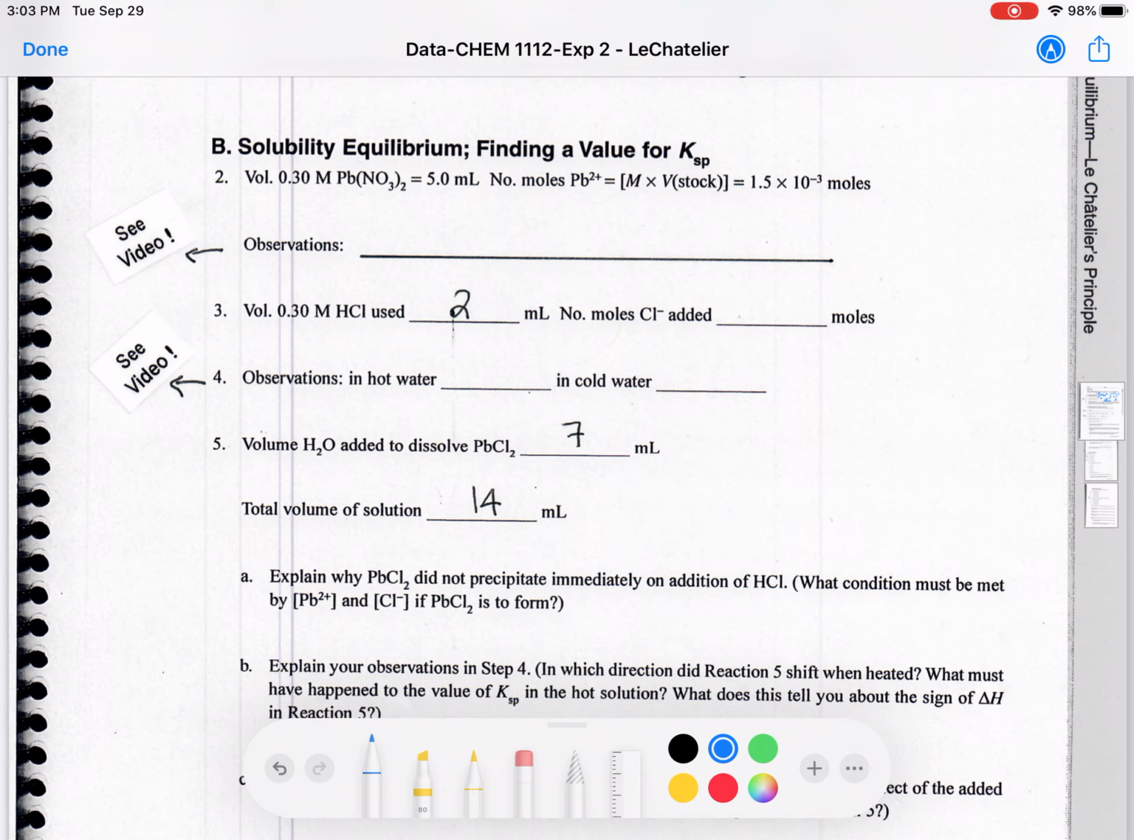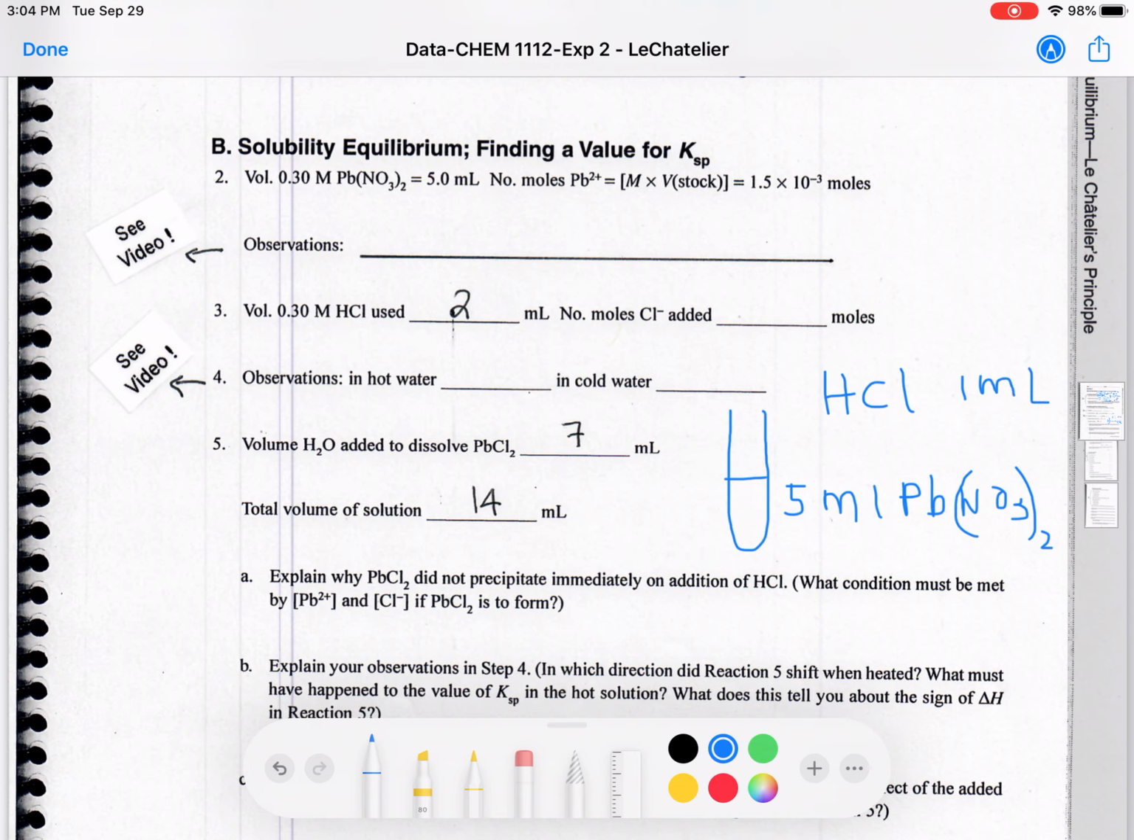Volume of 0.3 molar lead nitrate, 5 milliliters, and then the number of moles we can find by looking at the volume we use. So in this experiment we are going to make lead chloride. You take a test tube and put in 5 milliliters of lead nitrate, Pb(NO3)2, and we are going to make lead chloride in this solution. So you add 5 milliliters of lead nitrate, and to this you're going to be adding hydrochloric acid in 1 milliliter